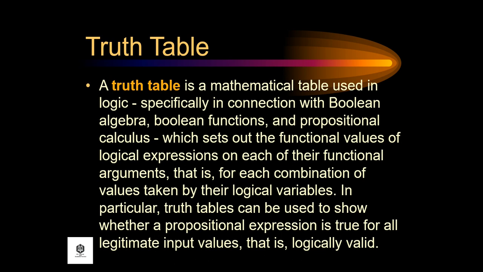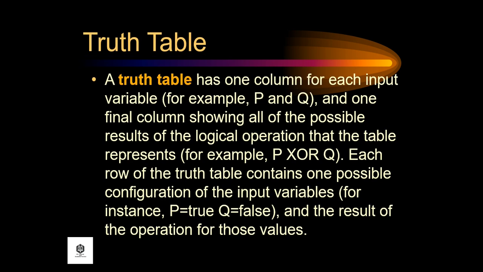that is, logically valid. A truth table has one column for each input variable, for example, P and Q, and one final column showing all of the possible results of the logical operation that the table represents, for example, P XOR Q. Each row of the truth table contains one possible configuration of the input variables. For instance, P is equal to true, Q is equal to false, and the result of the operation for those